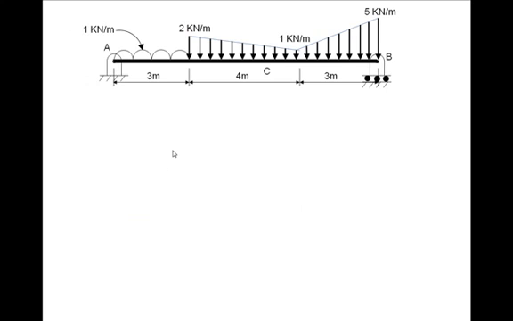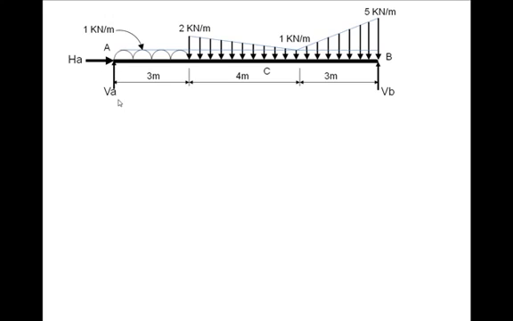Okay, look at the next problem. Here the loading on the beam AB is quite complicated. You know, there is a uniformly distributed load and there are triangular loads. So we have looked at this loading in this manner, as if this one is throughout and then there are these triangular loads. Now we are going to put in the equivalent of all these loads, and we are going to replace the supports by appropriate reactions.